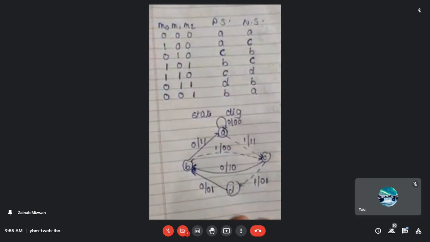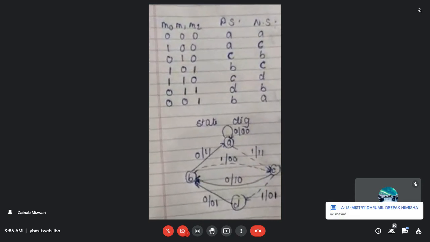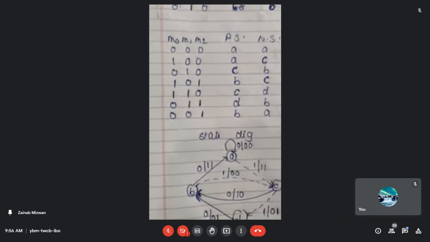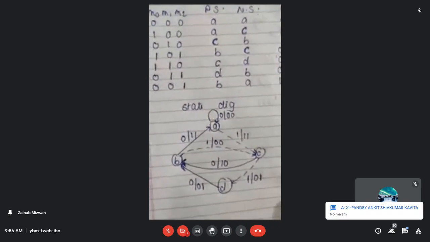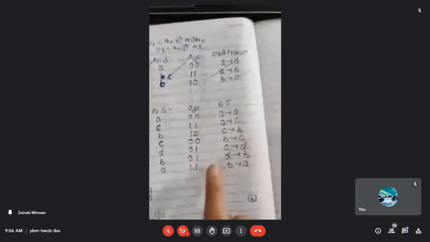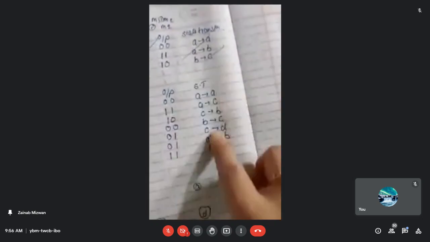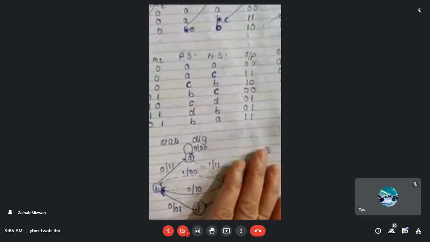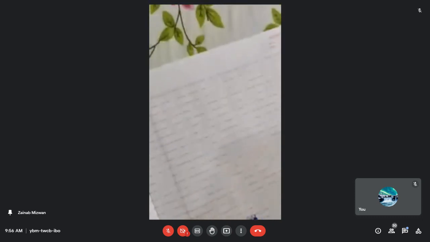Does anybody have any doubt in this? Those who are listening to me, I hope I am able to make you understand what a state diagram is and how to draw it. This table is very important. Every time you need to draw this table, and once you draw it, please see the state transition to which we added a column at the end, so it will be very easy for you to draw the state diagram. Now as we have drawn the state diagram, similarly we have to draw the code tree.